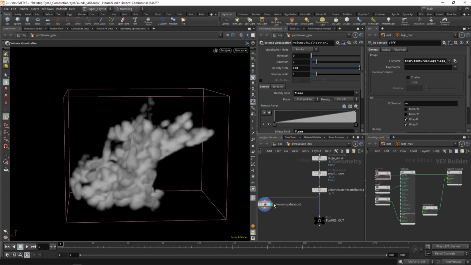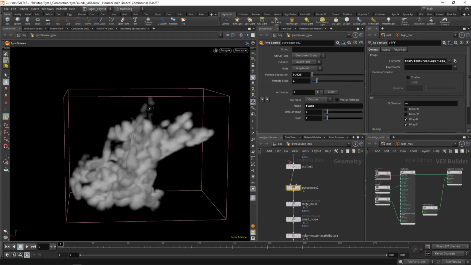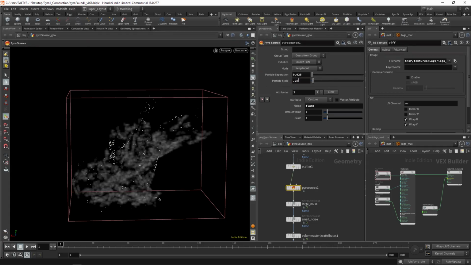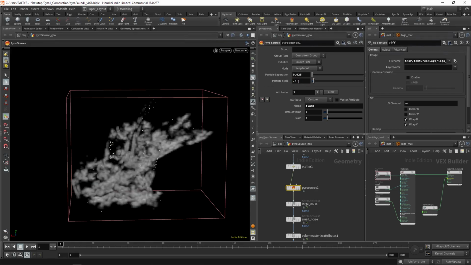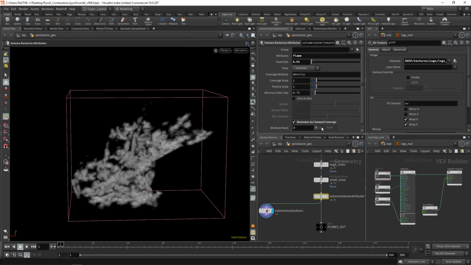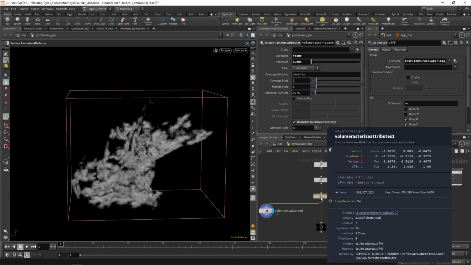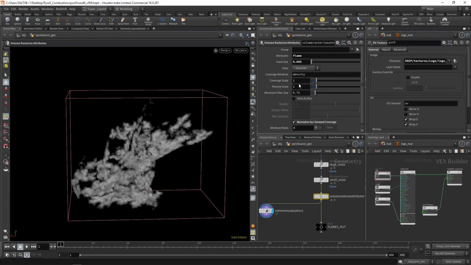Now let's just double check what we have here. I think the particle scale needs to be turned down. Let's try 0.25, and probably go up from there a tad bit, so maybe 0.4. There we go. On the rasterize, let's take our voxel size to 0.005, so we'll double that resolution. Now we're at 500,000 voxels, which isn't too bad. But let's just maybe take our coverage scale to